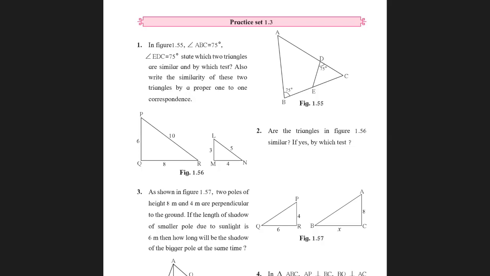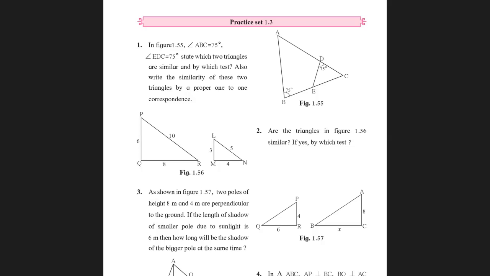What does it mean? What it means is, now see, when I consider the vertex D, since that's 75, I must also consider at the same time for the other triangle, the vertex B, because that's 75. Okay. Next, when I consider the vertex C for the first triangle, that's a small one, I must consider C even for the big triangle. What is left is E and A. So my answer will be C, D, E corresponds to C, B, A.